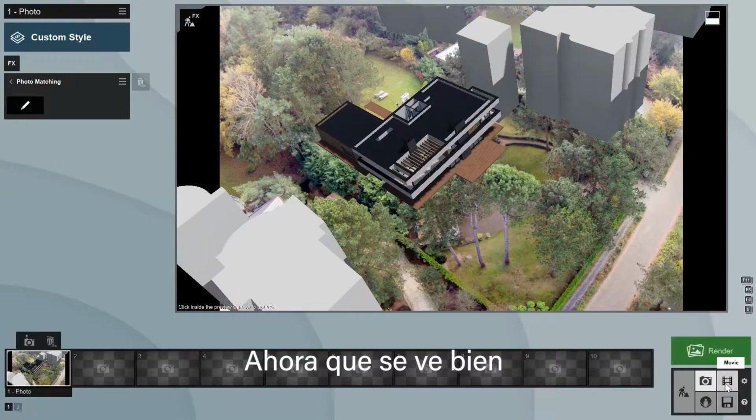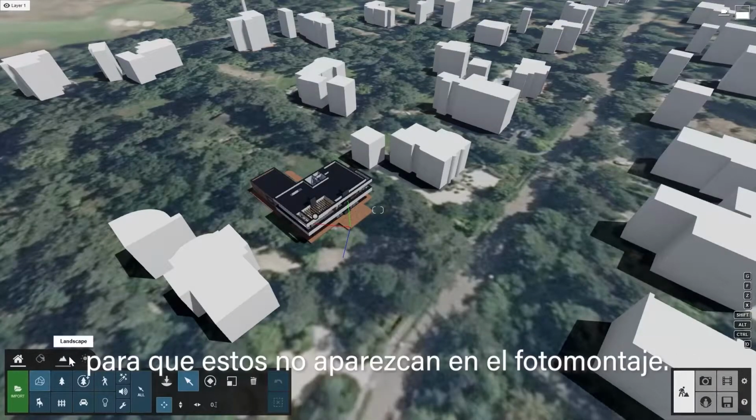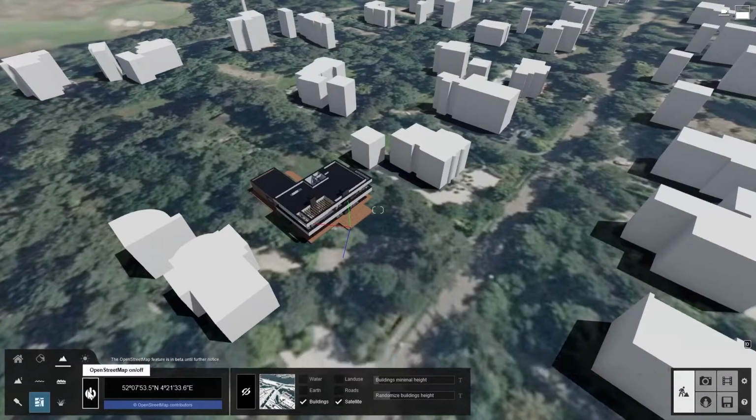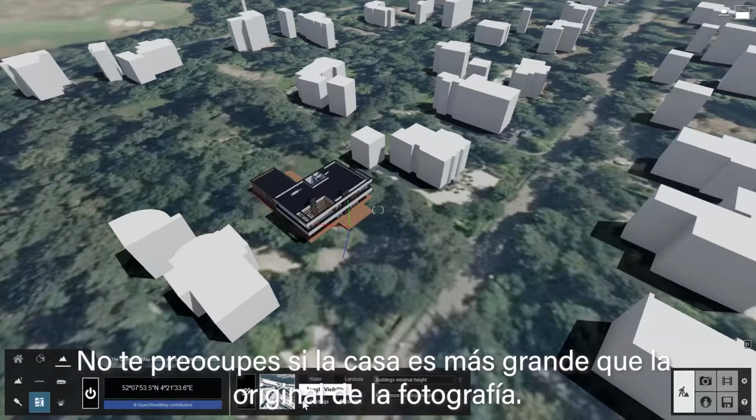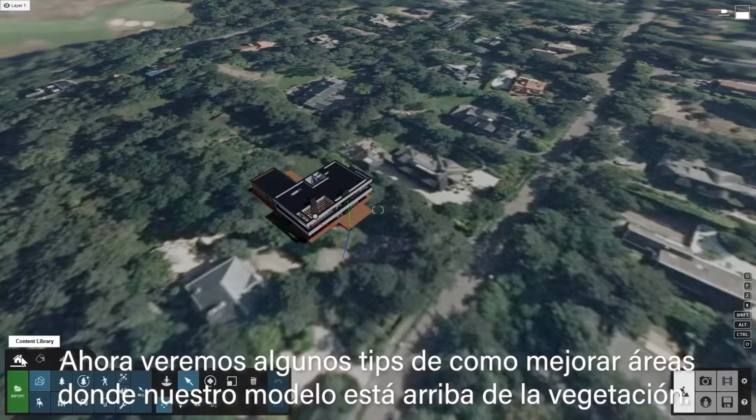Now that it looks decent, we can go back into our editor mode and hide the OSM objects so that they don't show up in the photo matching. Don't worry that our house is bigger than the one originally in the photo. We'll go over tips on how to fix areas where our model is on top of the bushes and trees